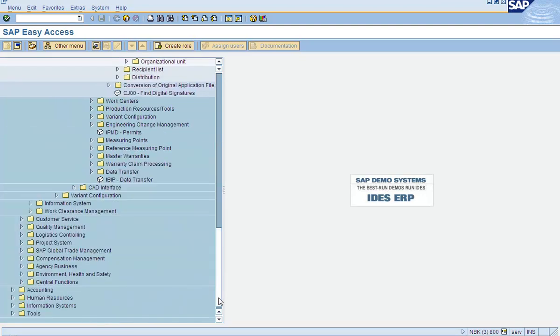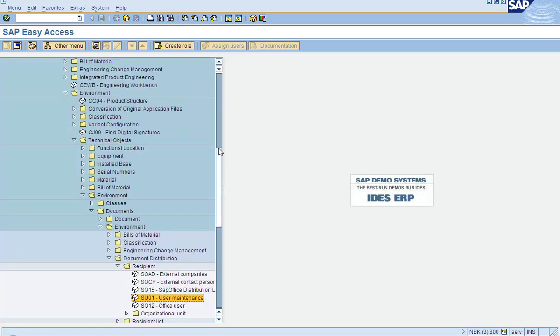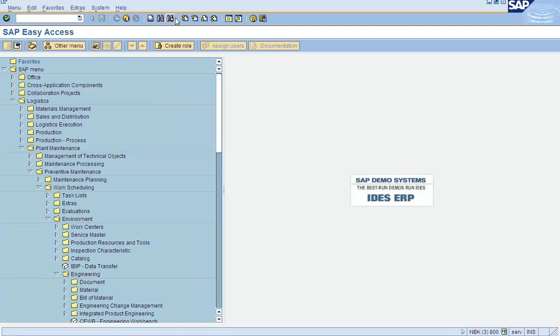Okay, so if I do a find again, it will find somewhere else. Now don't ask me why it is in plant maintenance. That's SAP's problem, not mine. So you can do a search. If I do find again, it will continue searching one more time. So it would be on plant maintenance again, right? No, it would be somewhere else. It will start searching the nodes now.